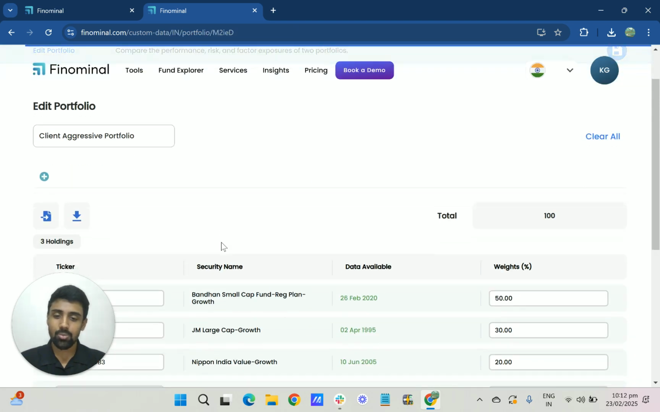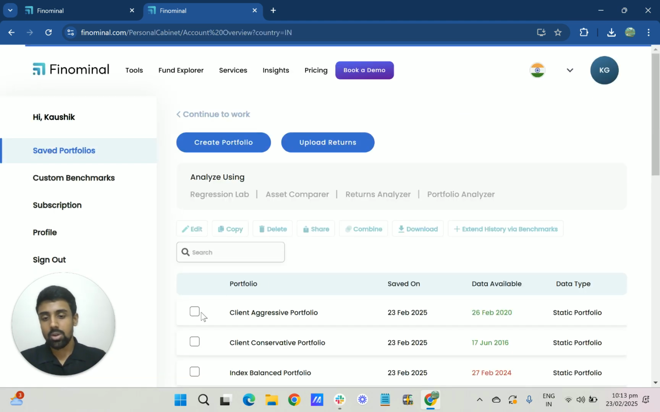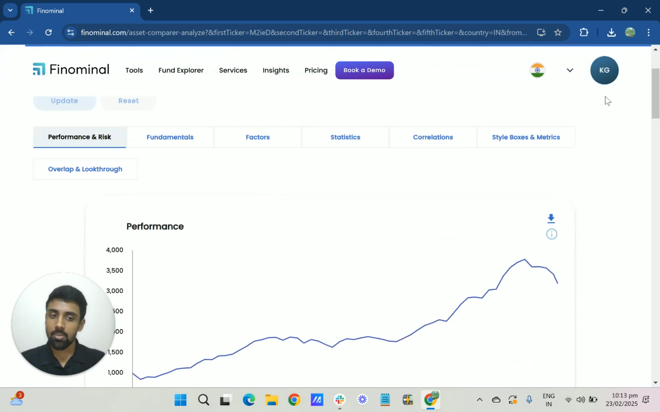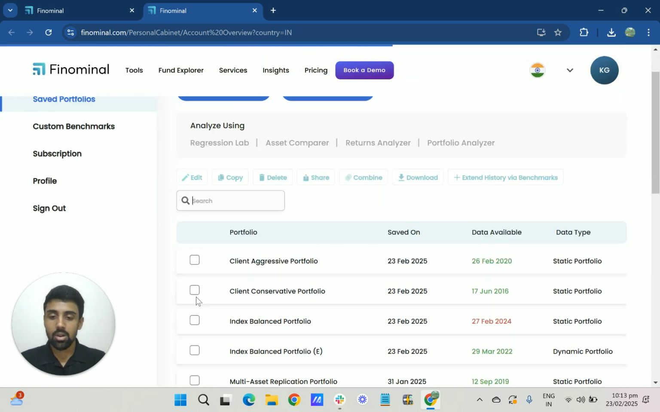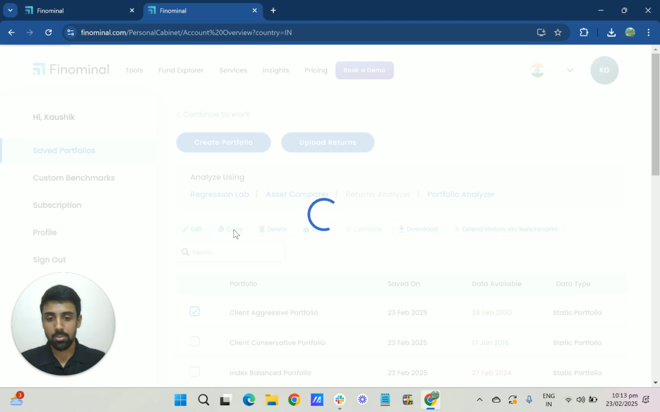So in this portfolio, we have a small cap fund, a large cap fund, and a value fund. I've allocated 50, 30, 20. So let's say, I'll take it to asset comparer just for now. Now you are kind of thinking whether this is the optimal allocation. So what you can quickly do is, instead of creating a new portfolio, you can simply copy the portfolio,